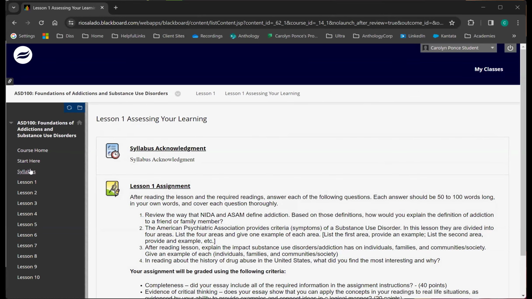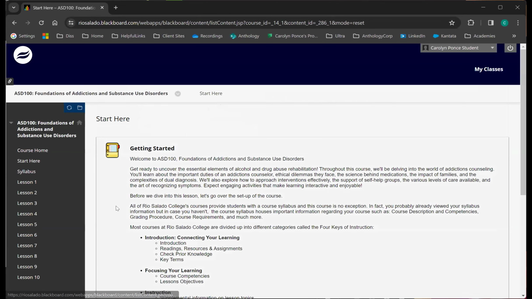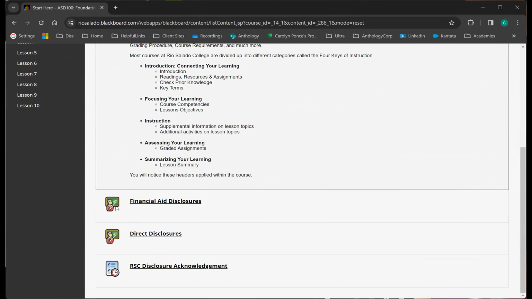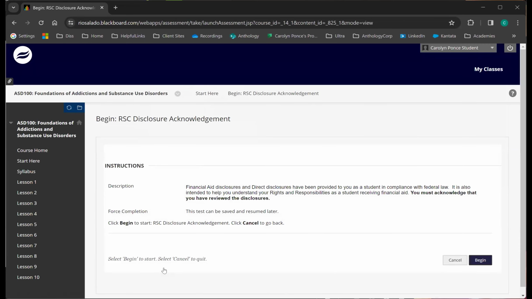Now, the disclosure agreement, there we go. It's in the getting started. I was trying to remember. So each course, or some courses, are going to have this getting started area that will have disclosure acknowledgements. Callie's working on how that's going to be presented to your students. But if your course does have a disclosure acknowledgement, it works very similar to that syllabus agreement or any of your other tests. There is a begin button,